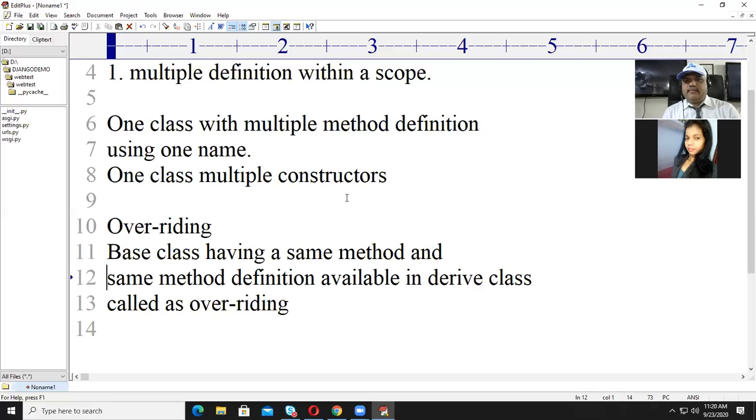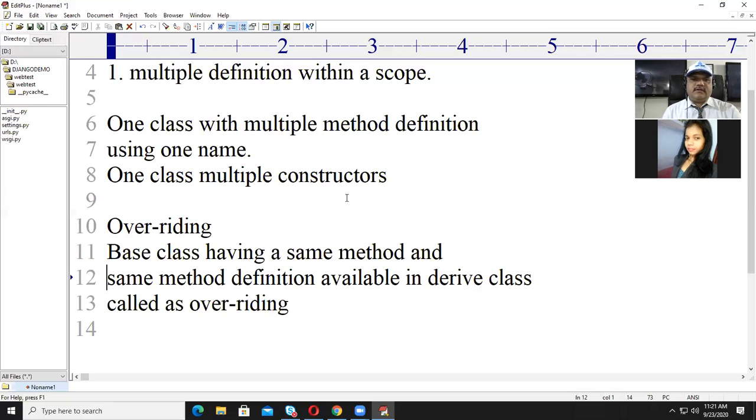While implementing polymorphism, we write an add method multiple times, the maximum method multiple times, the average method multiple times, by changing the number of arguments, and that is within one scope, called overloading.